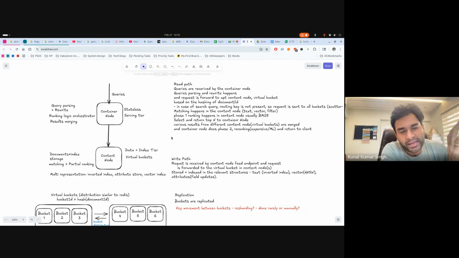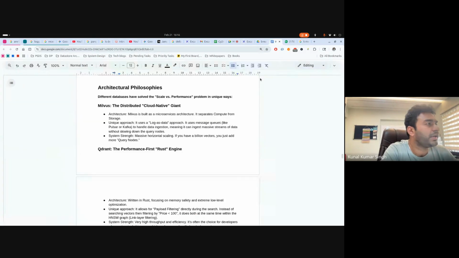So the code is what we have already seen completely, but in addition to that, some vector databases can do pre-filtering, post-filtering, or simultaneous filtering, right? These are the three types which can come. Let's say it's looking at the HNSW index,